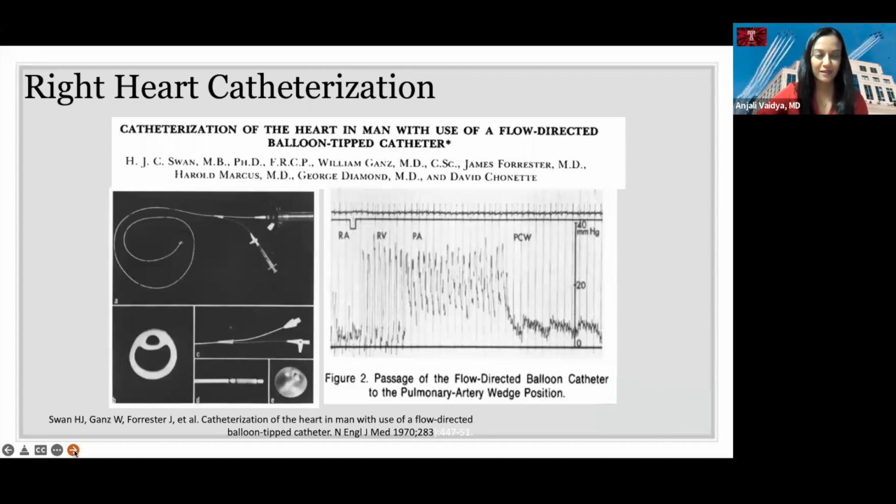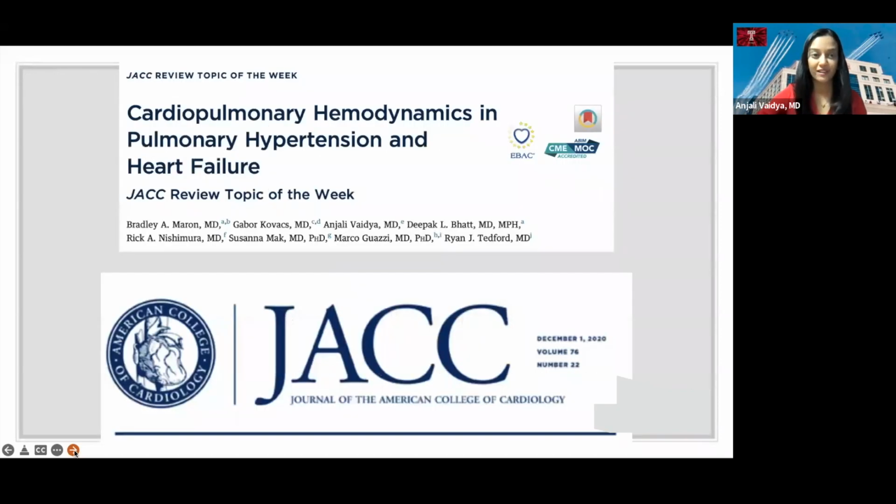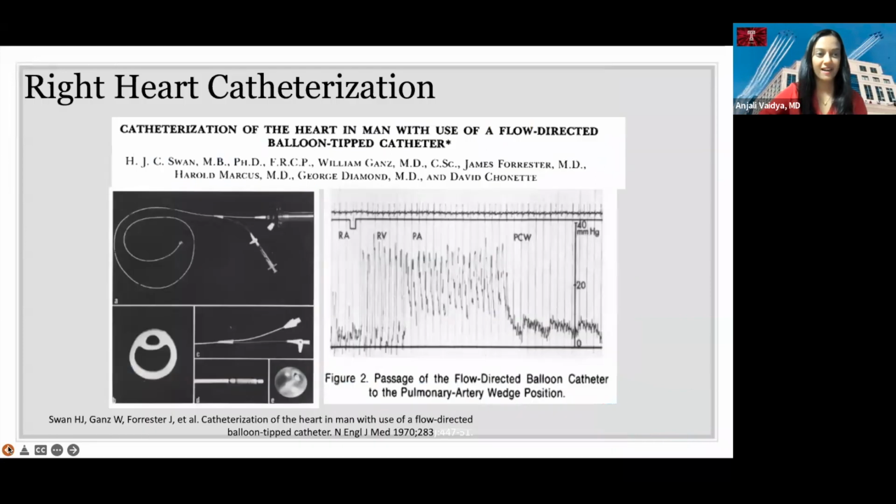And in the panel E on the bottom middle of your screen, there's a balloon. Oh, sorry, go back one slide. There's a balloon that blows up at the tip of the catheter. And this catheter that you're seeing goes into the vein and into the chambers of the right side of the heart, the pulmonary artery, and measures the pressures throughout all of those chambers and blood vessels. And on the right side of the screen are the tracings that give the estimation of those pressures.